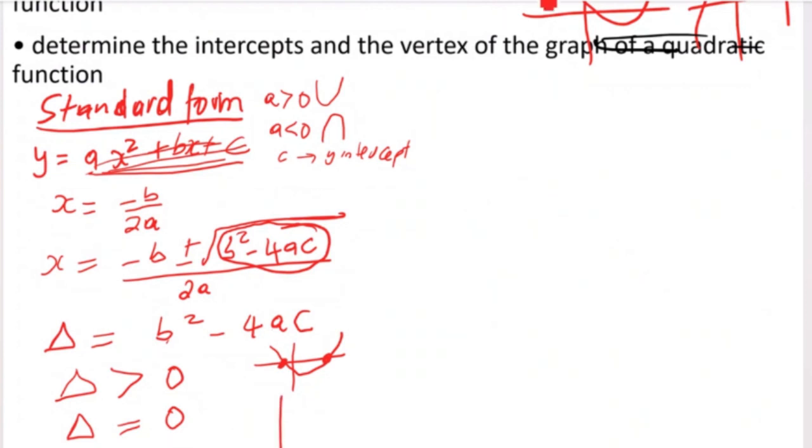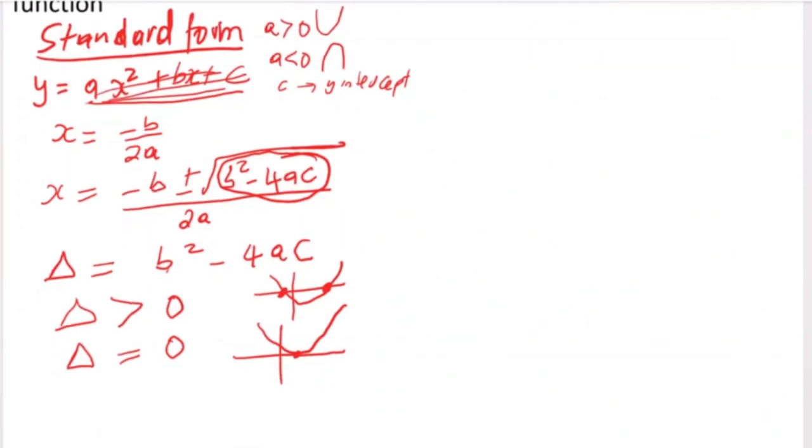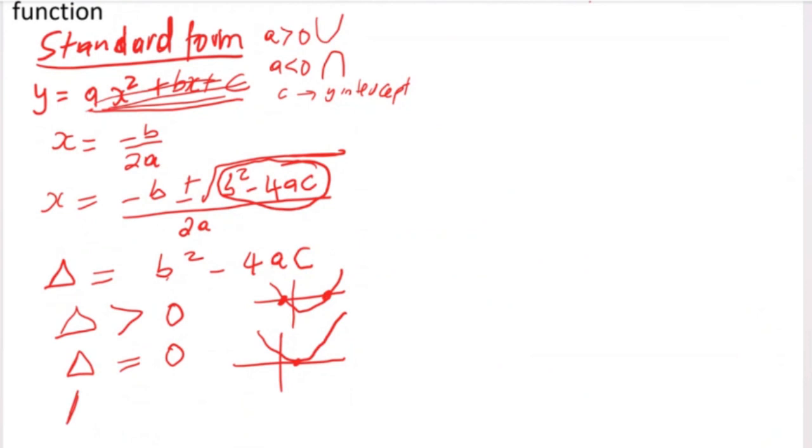That means there's only going to be one real solution. So your graph is going to be looking like this. It's going to be touching at one point. Okay, that's when your discriminant is equal to 0. When your discriminant is less than 0,